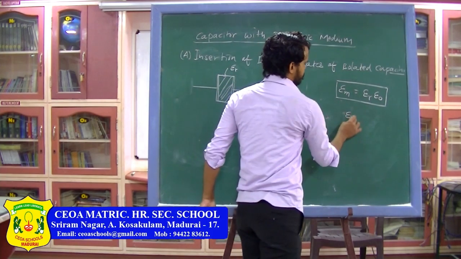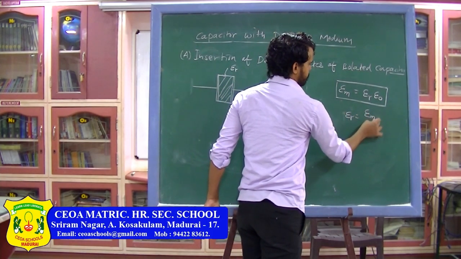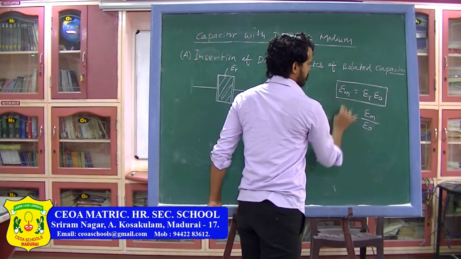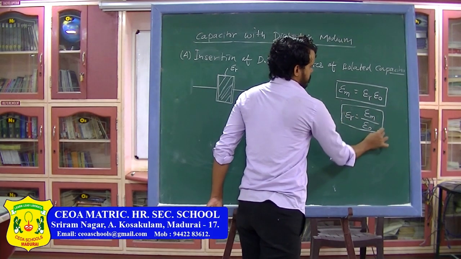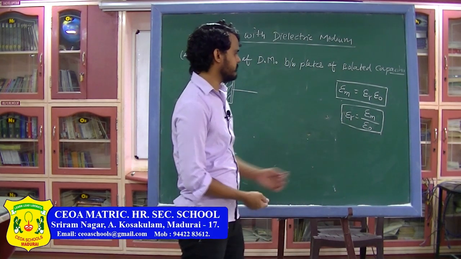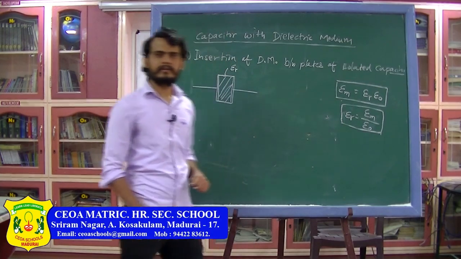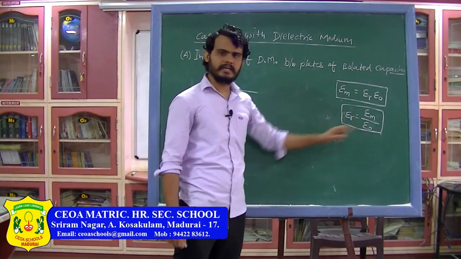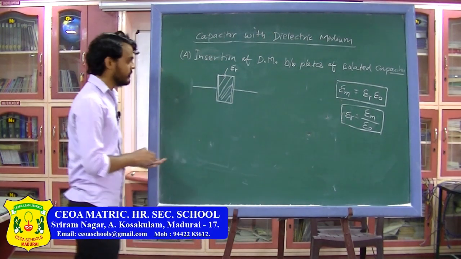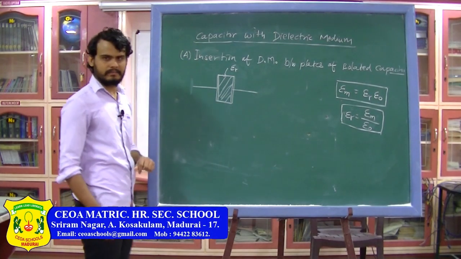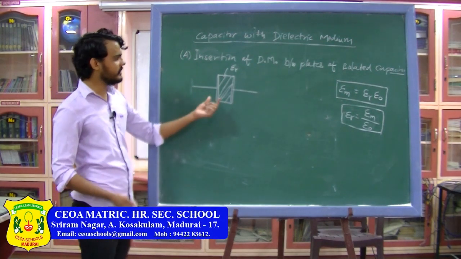We have derived this formula. And we have also said that this epsilon r, the relative permittivity of the medium, is always greater than 1. So now we are going to talk about what happens if you insert a dielectric medium between the